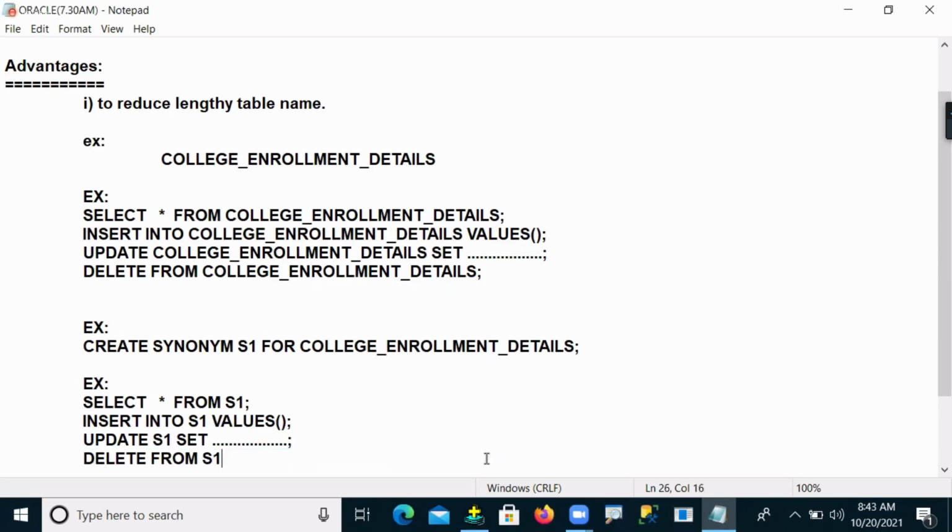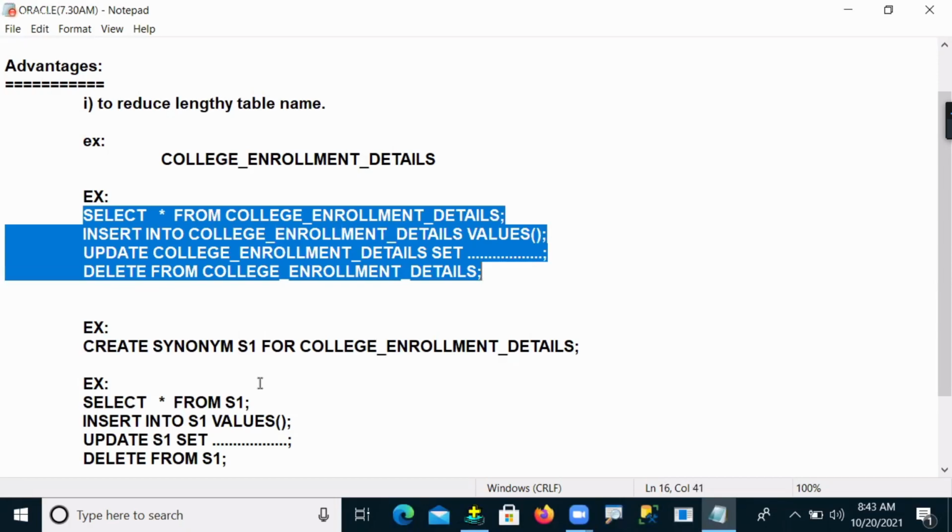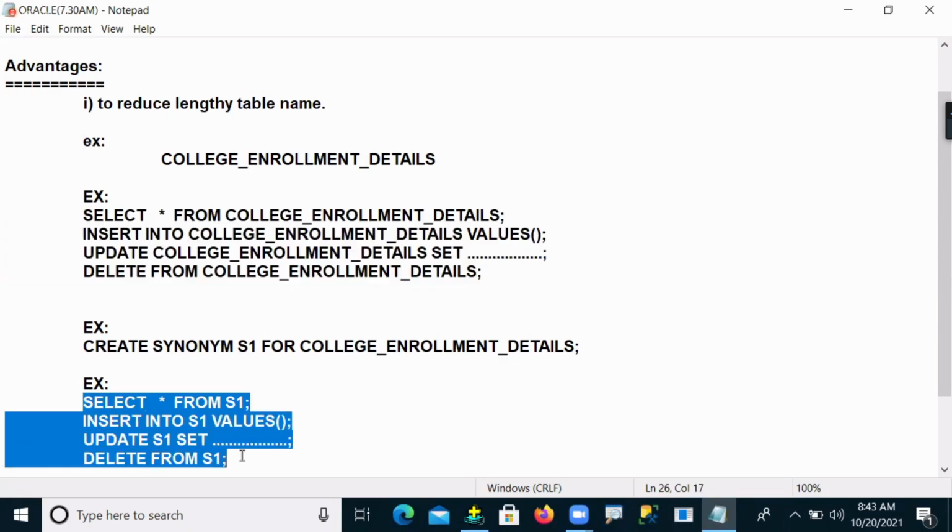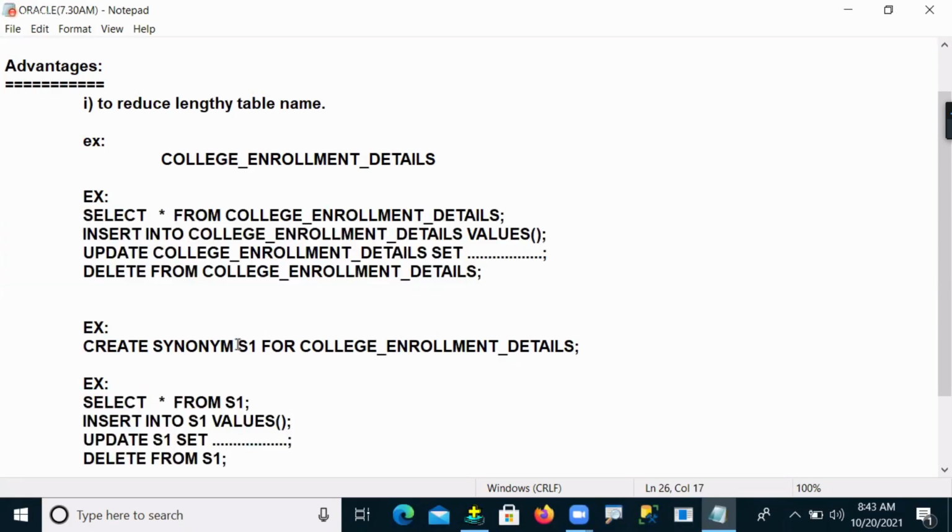Now the point is, observe carefully. Here you can see your query, and here you can see your query. So what happened is, when I created a synonym, a shortcut name for the entire table name, instead of this table name I want to use my alias names, and that alias name is what?